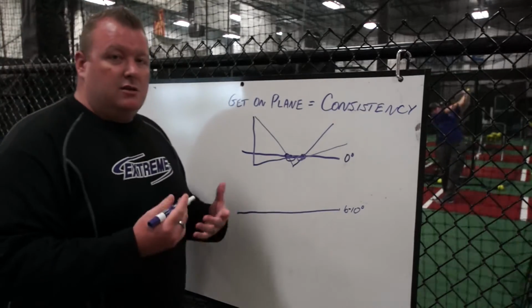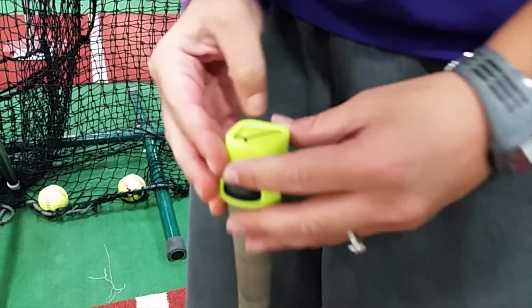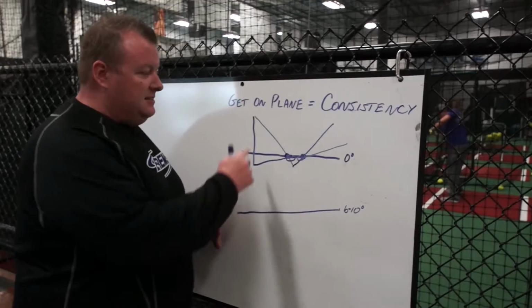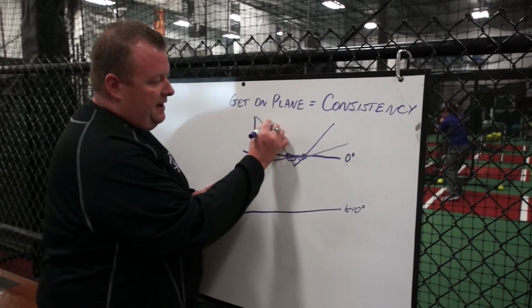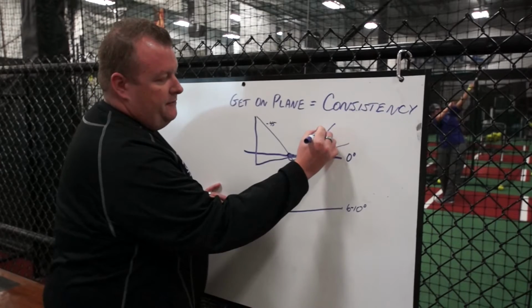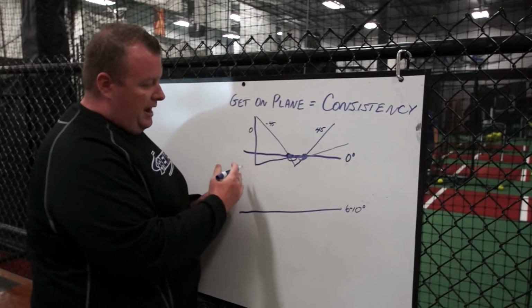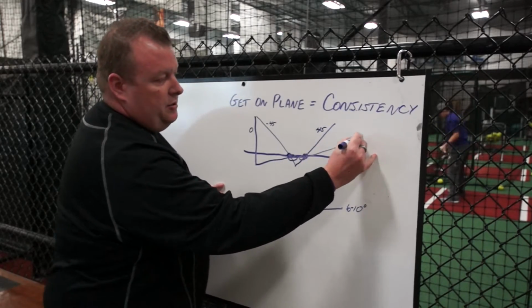One of the tools that we use is ZEP, and ZEP allows us to measure these angles while the hitter is practicing, taking swings. And ZEP here would tell us that this angle would be coming in at a 45 degree and going out at a 45 degree. Or here on the flat, we might be coming in at a 0, a drop there, and then fighting our way up to, let's say, a 20 degree.